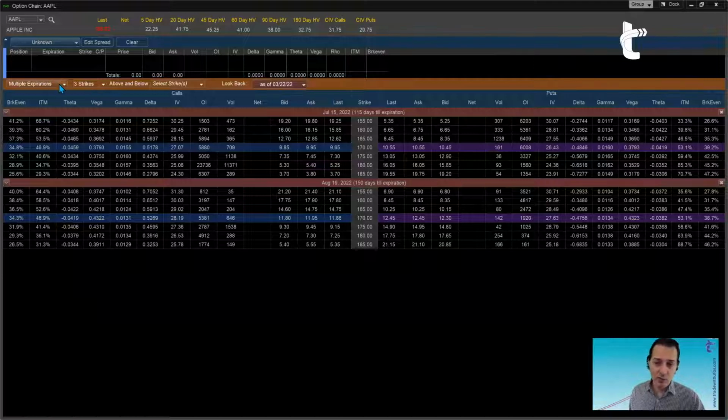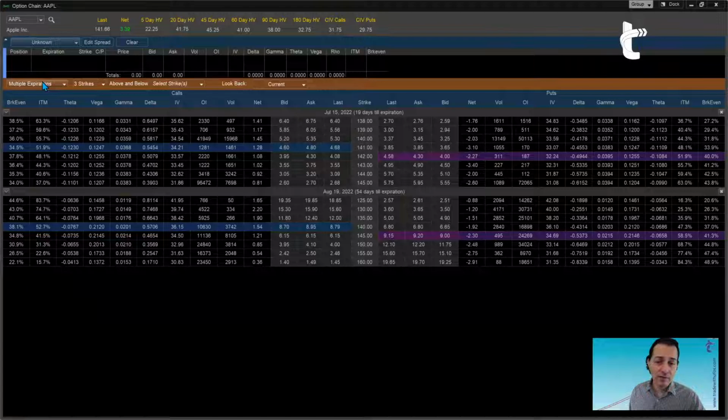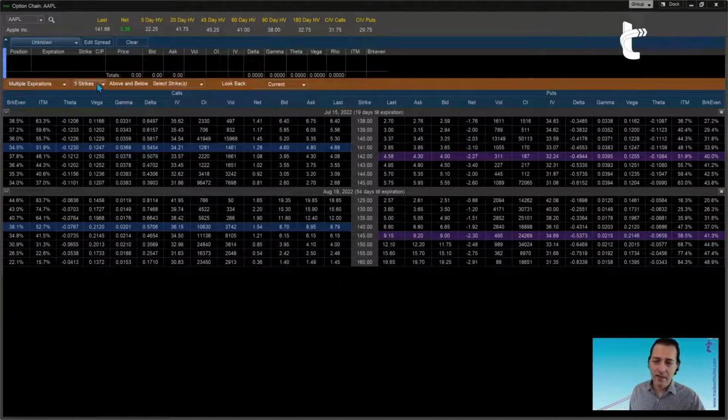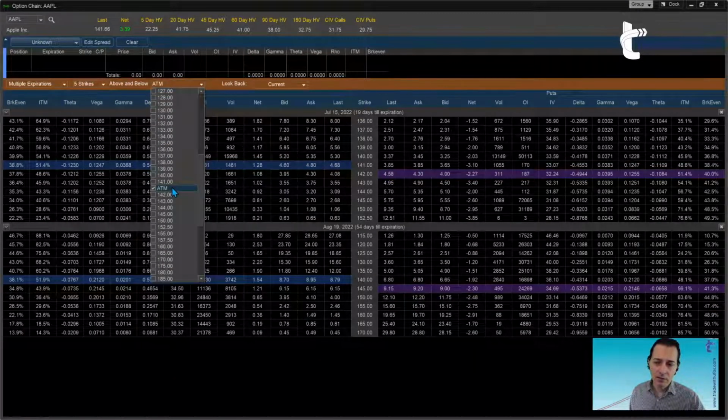What I'm trying to say is that those drop-down menus not only work for real time, like when I select today, which is current, but they also work for the past. So if I select to display 5 strikes above and below the at the money, notice I have at the money here, which is colored blue on the call side and purple on the put side. So I got 5 strikes above and below each of those. Why? Because I have selected 5.